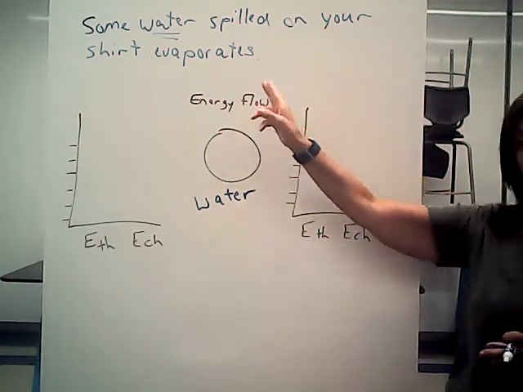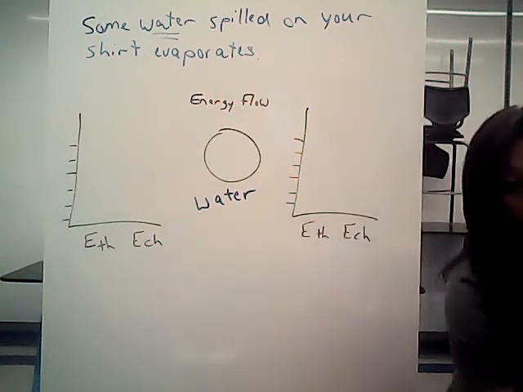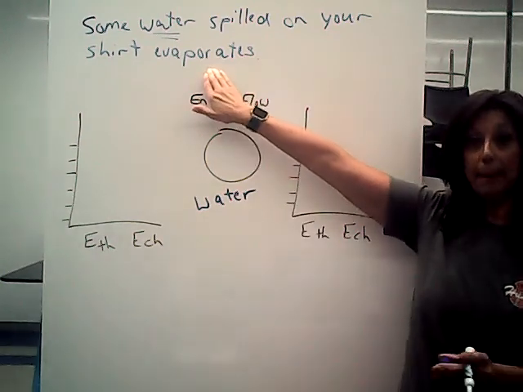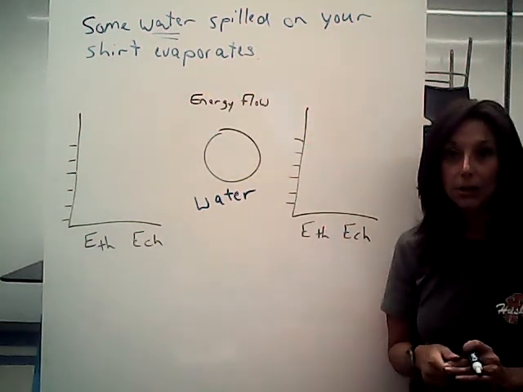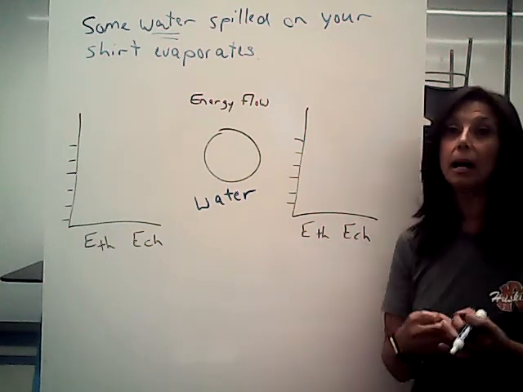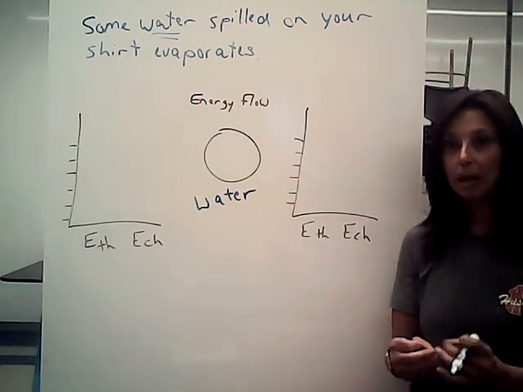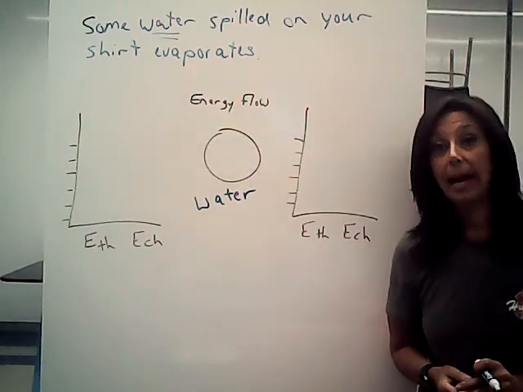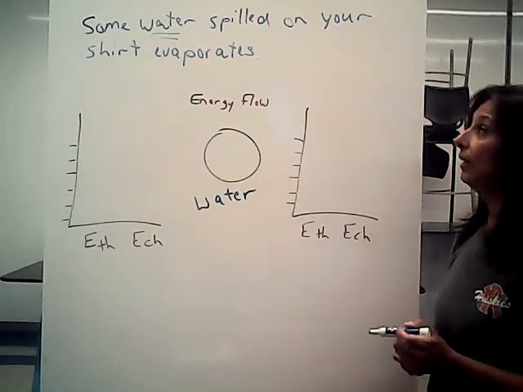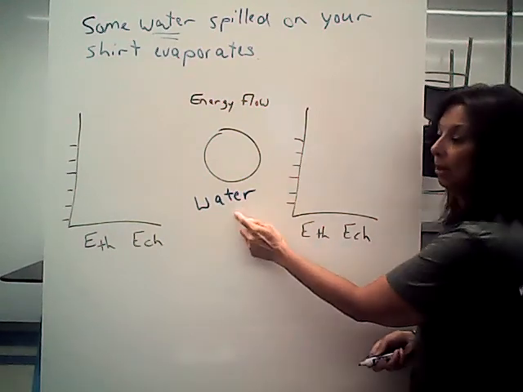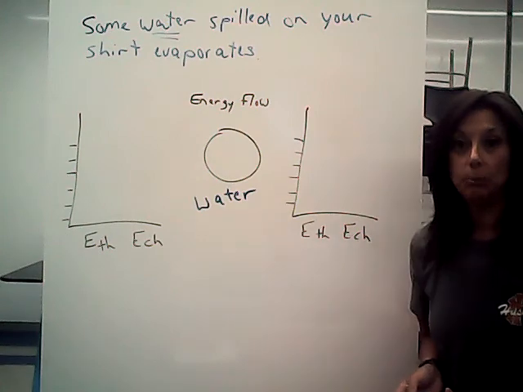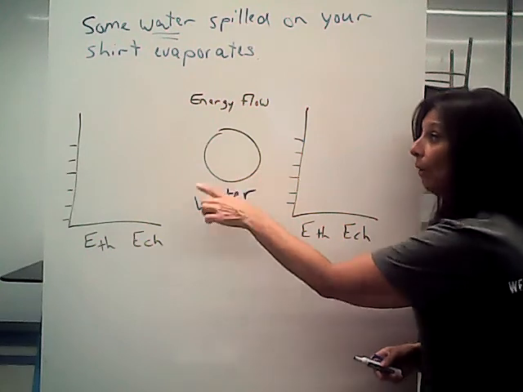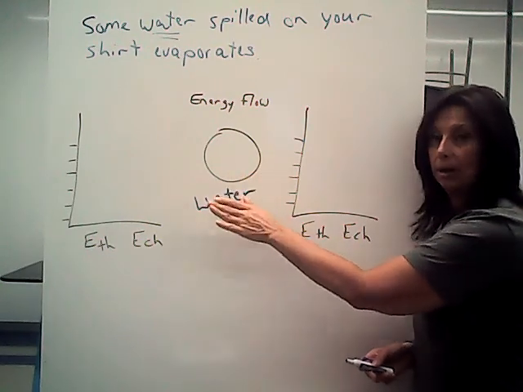Water spilled on your shirt evaporates. So here we're talking about water evaporating, okay? And we already know that evaporation is water turning into a gas. So liquid becoming a gas, water becoming water vapor. All right, and what's the energy transfer that has to happen here? So do you think energy is coming into the system, the water, in order for it to become a gas? Or is energy being taken away, going out of the system or out of the water